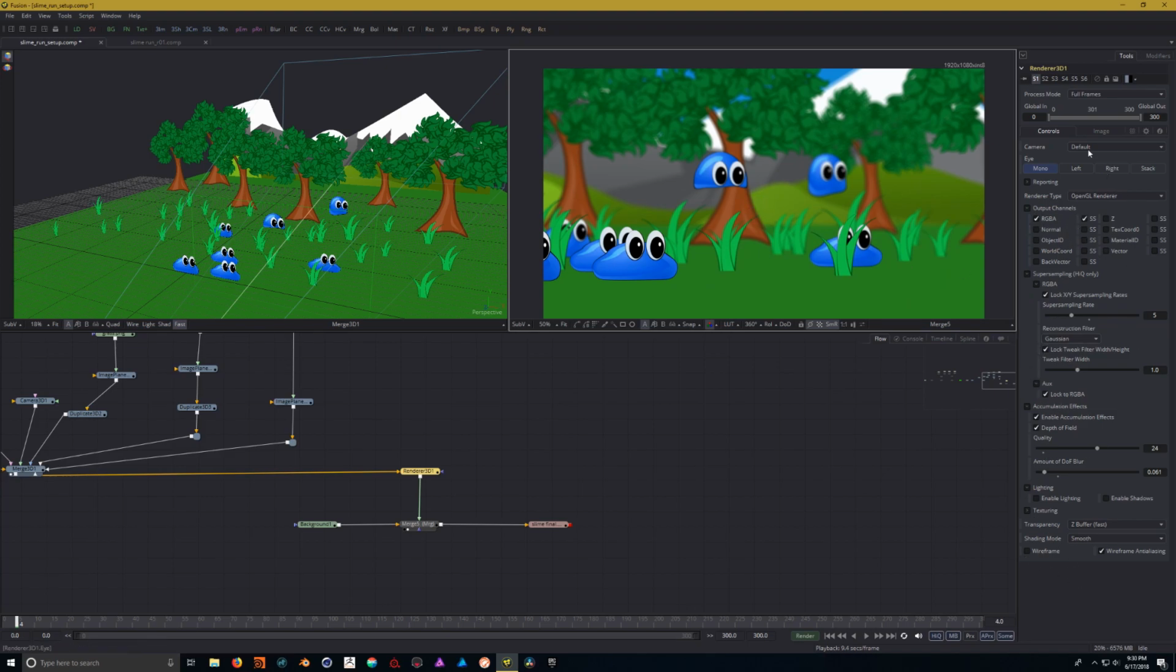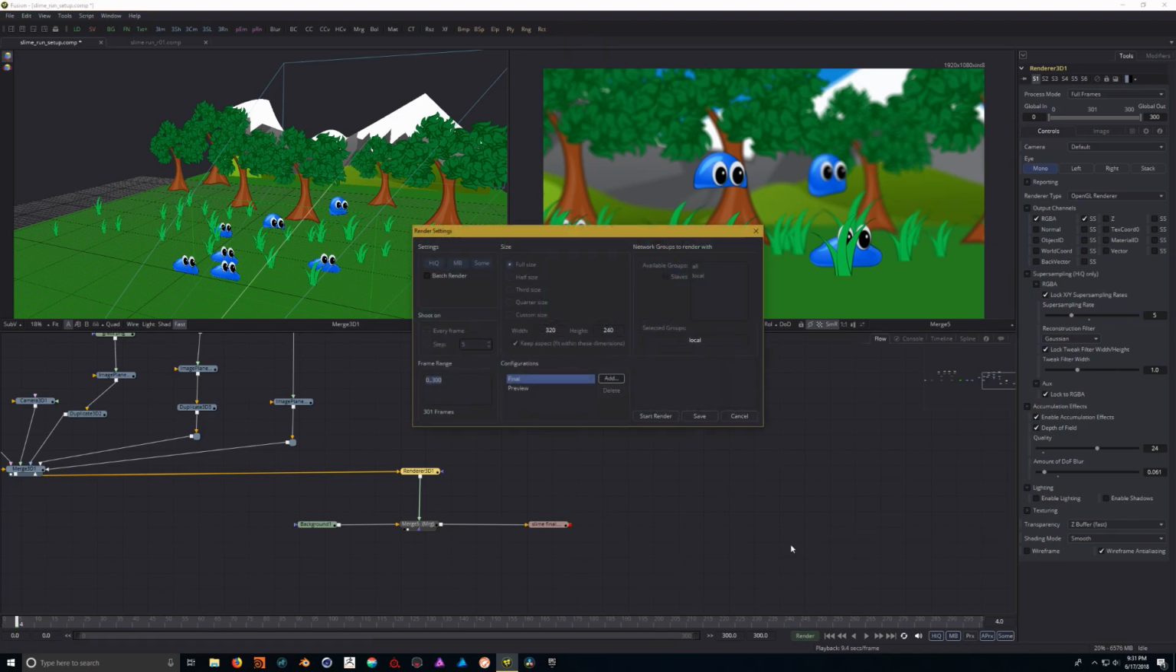So now that we have the high quality set up and we have our super sampling rates all ready and good to go, we have our accumulation effects on, we have our depth of field and the quality and everything ready to go. Now we can click on render. And you'll notice our frame range now is 300 frames. We have a final configuration here, and all we have to do is click on start render